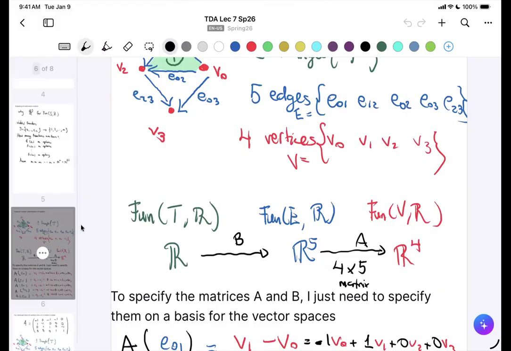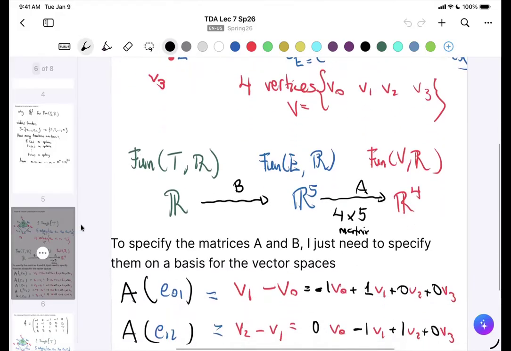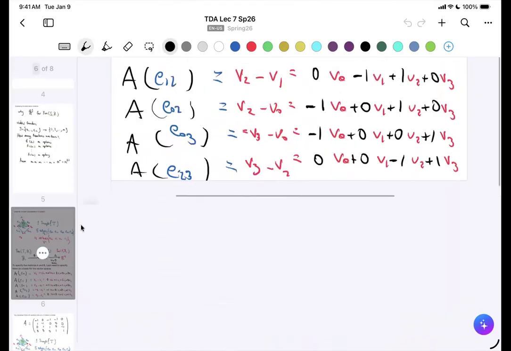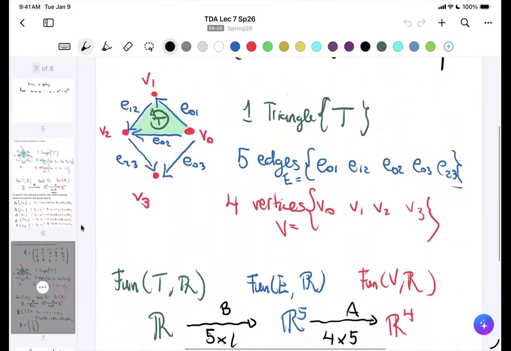Okay. And again, the idea is that a basis for each of these vector spaces is given by the corresponding geometric object. So because it's an R5, a vector, you think of it as